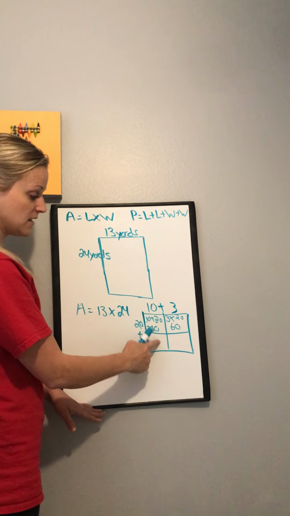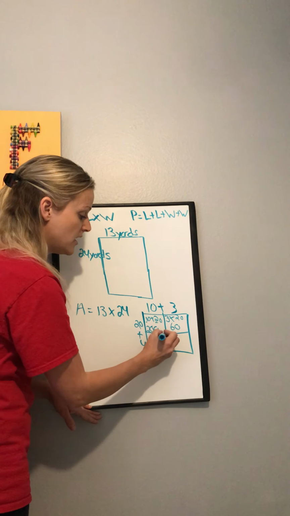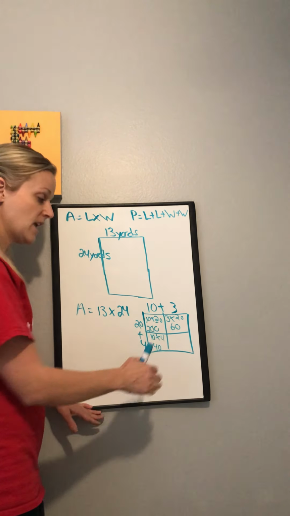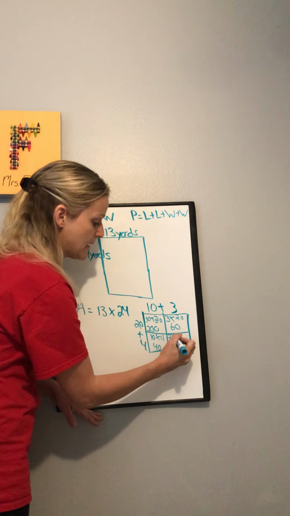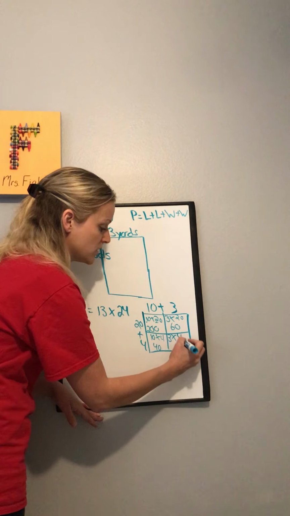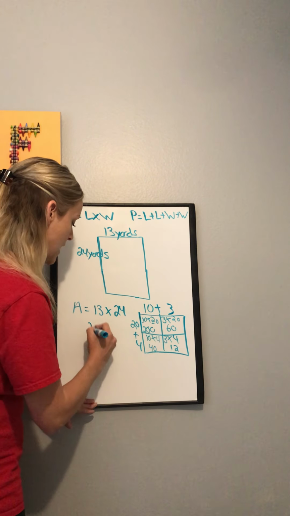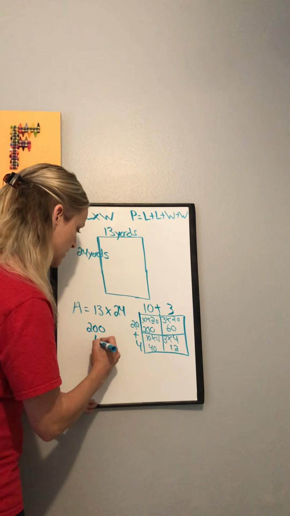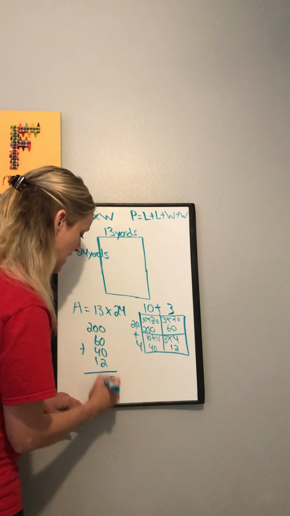Inside this box, what's on top of the box? 10. What's to the side of it? 4. 10 times 4 is 40. Inside this box, what's on top is 3 times what's to the side is 4. And 3 times 4 is 12. These are all your partial products. So I'm going to add 200 plus 60 plus 40 plus 12 to get my answer of